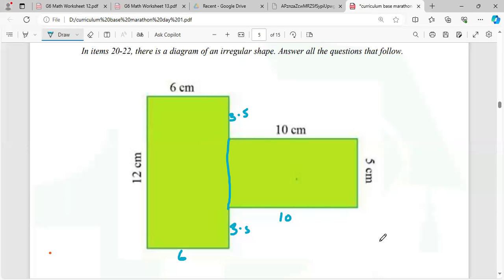Okay, so now you're going to find the area of that first shape, which is A, and the next one is B. To find the area of figure A, area equals 12 multiplied by 6, since the opposite side will be 12 and the next side would be 6. You just say 12 multiplied by 6 is 72